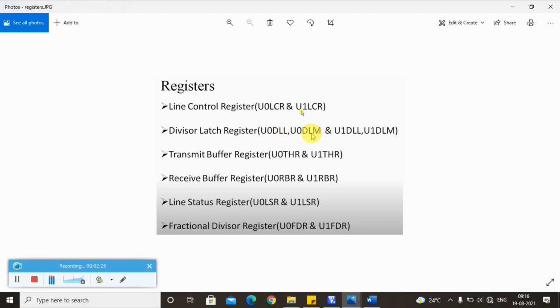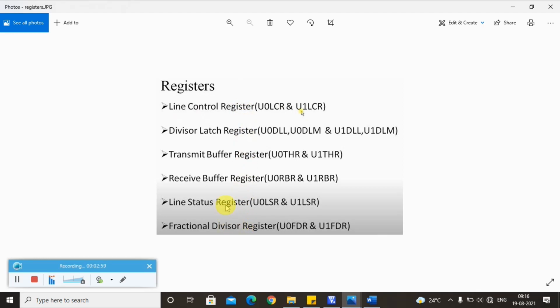Similarly we have the transmit buffer register U0THR and U1THR, receive buffer register U0RBR and U1RBR, line status register U0LSR and U1LSR, and finally the fractional divisor register U0FDR and U1FDR. I am going to give you a detailed explanation of all the registers, because this register knowledge is very important before we proceed with the program.